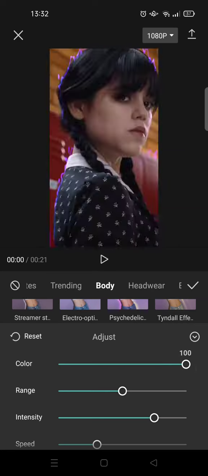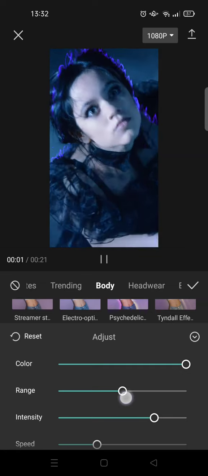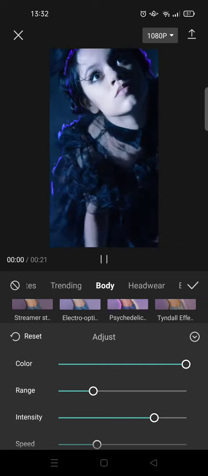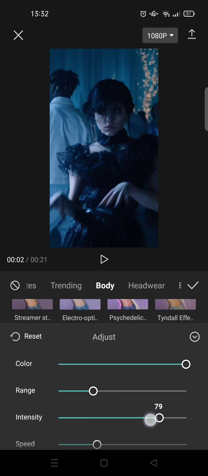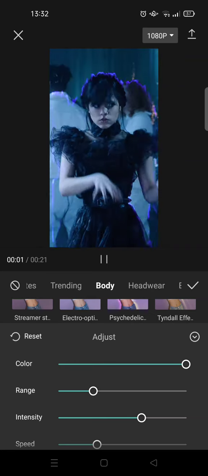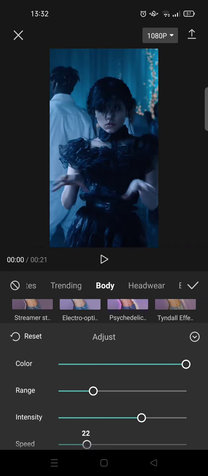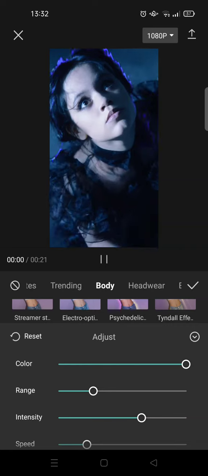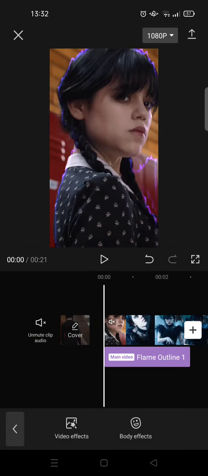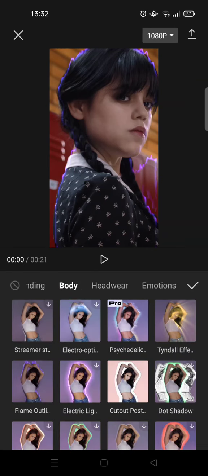So I'm going to just change the color, I'm going to go with 100 and I'm going to lower the range into around 30 like this, and then I'm going to also lower the intensity and lower the speed. And then after that, click on the check icon and then go back and click on the body effect again,